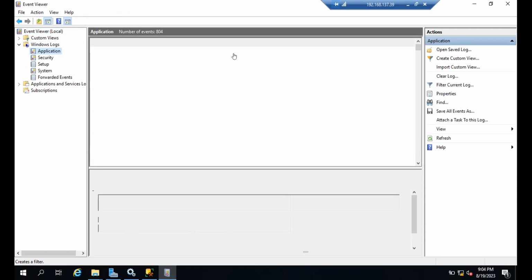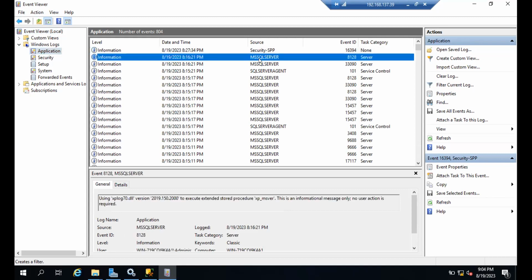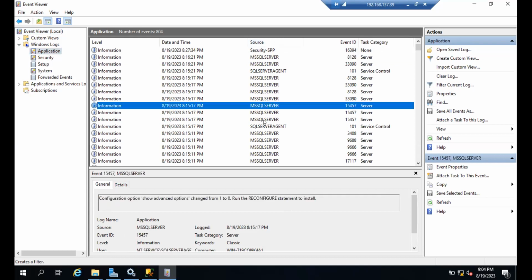Don't think this is for SQL Servers, guys. This is Windows level log. Everything related to all the applications will be logged inside the Windows level logs. You can see here some of the application sources, you can see SQL Servers, some of them as sources,